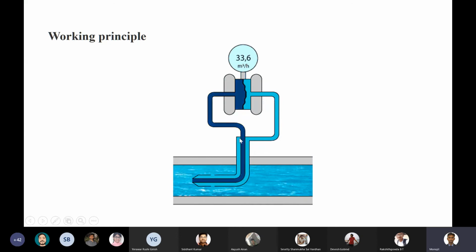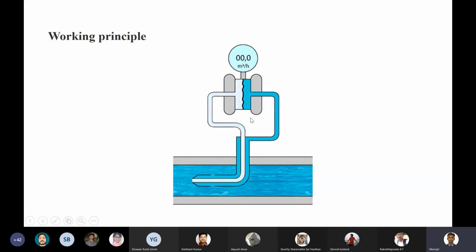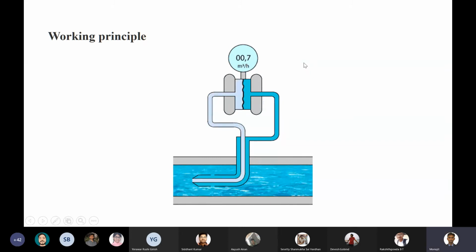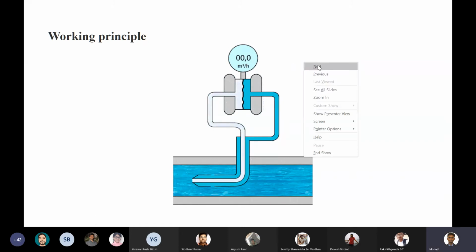In the center point, you are measuring the stagnation pressure, and from these holes on the outside, you are measuring the static pressure, and the difference is reflected in the deformation of the diaphragm. You can calibrate this deformation directly with the pressure. That is also one of the ways we measure the pressure difference and then calibrate that into a velocity. Once you know the pressure, the rest is pretty easy: calculate the velocity.